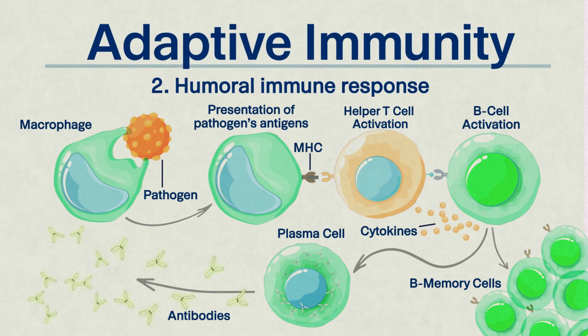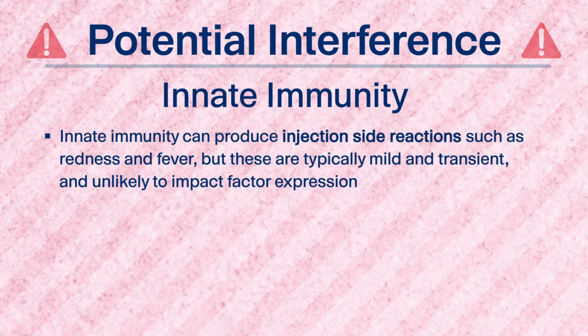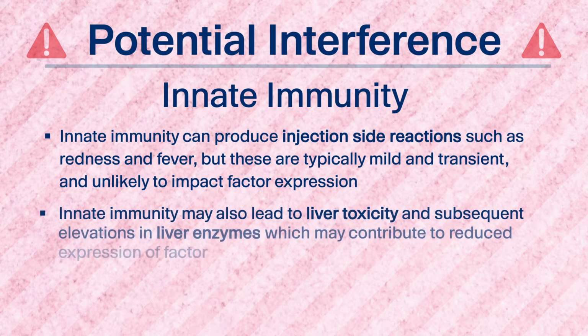ingesting and eliminating cells. Innate and adaptive immunity can potentially interfere with gene therapy. Innate immunity can produce injection site reactions, such as redness and fever, but these are typically mild and transient and unlikely to impact factor expression. Innate immunity may also lead to liver toxicity and subsequent elevations in liver enzymes, which may contribute to reduced expression